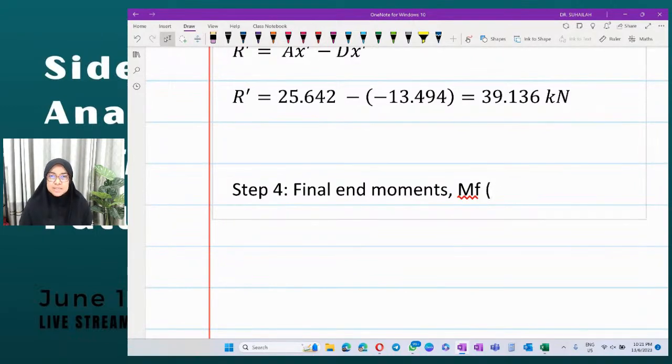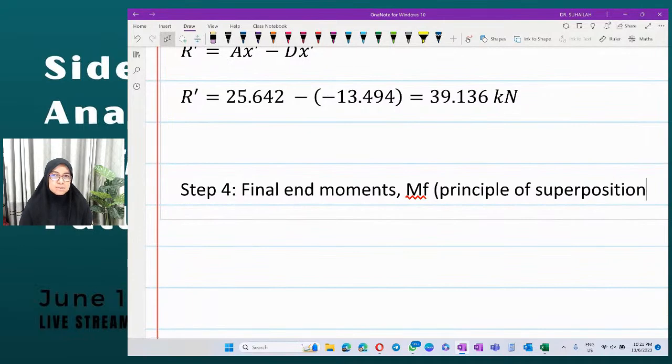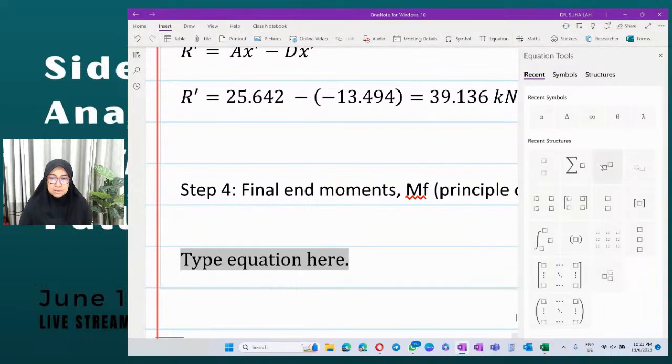From the principle of superposition, we get the final end moment MF